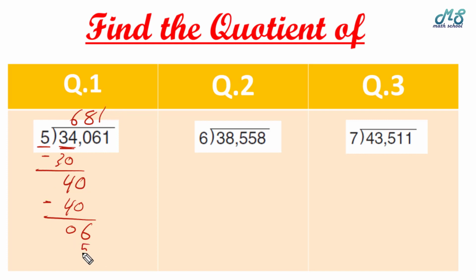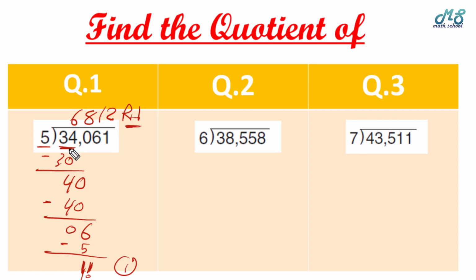1 times 5 equals 5. Draw a line and subtract, it will be 1. Bring down the last digit, which is 1. It will be 11. 11 divided by 5 equals what, mister? Equals 2. 2 times 5 equals 10. Just subtract, the difference will be 1. Now, mister, the remainder is 1. Now the quotient